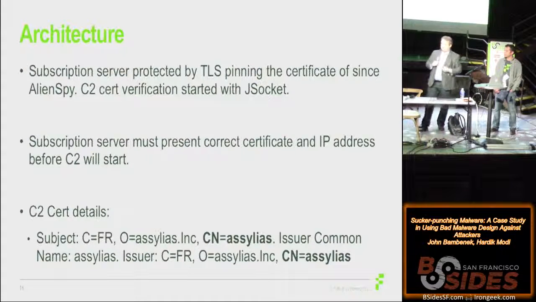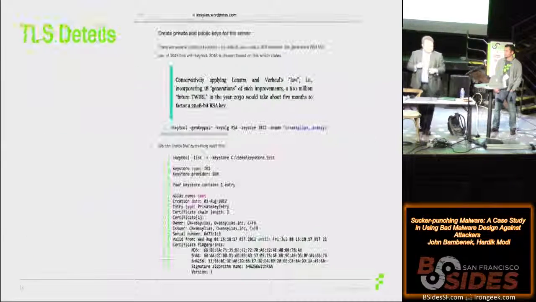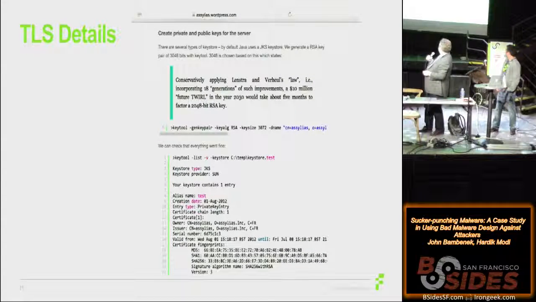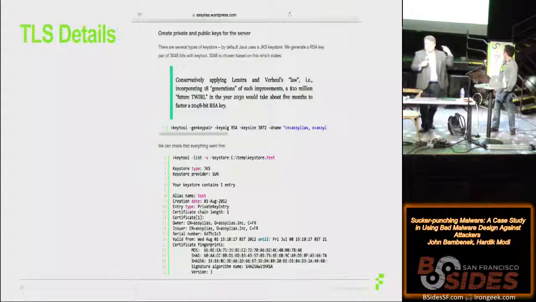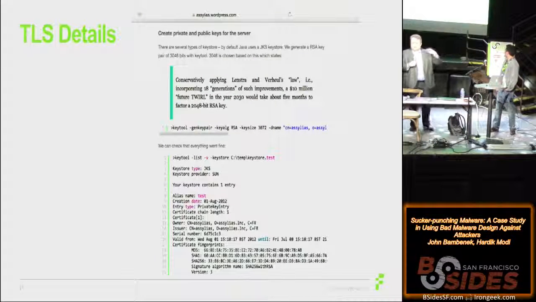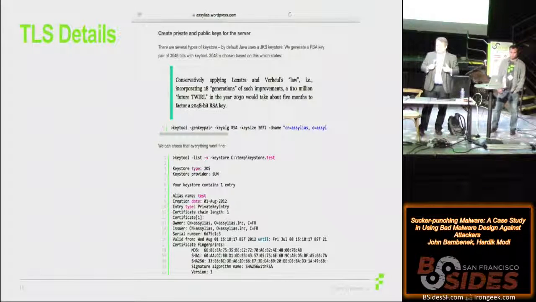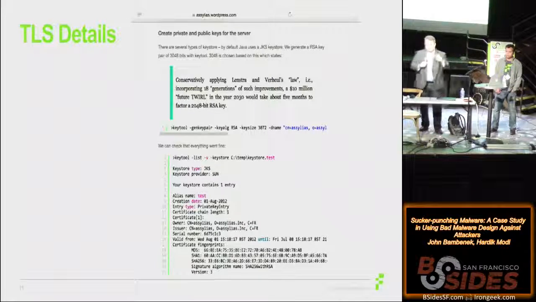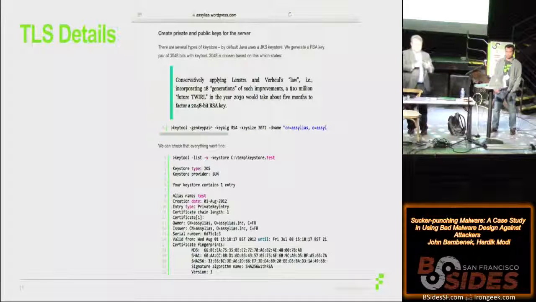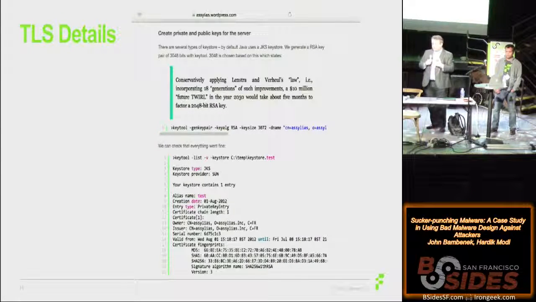So just doing a quick rudimentary Google search, I find this page, which probably doesn't show up very well, but AciliusWordPress.com is instructions of how to create a Java key store and a certificate. He basically followed these things step by step, saying, I'm going to do this with this CN, with this country code. He even used the same Java key store password in Alien Spy of StorePass, which means you can manipulate the key store and defeat his mechanisms.